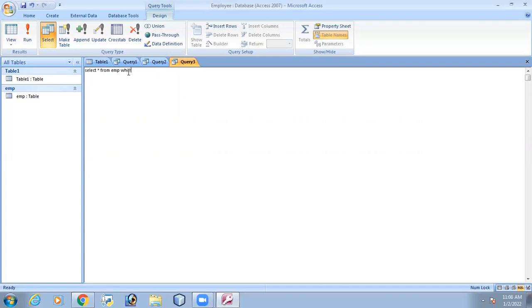Now this is very important. Suppose I want to show only the records of those employees who belong to Meerut. So WHERE is a clause. We should apply here where city is equals to, within a single quote, Meerut.